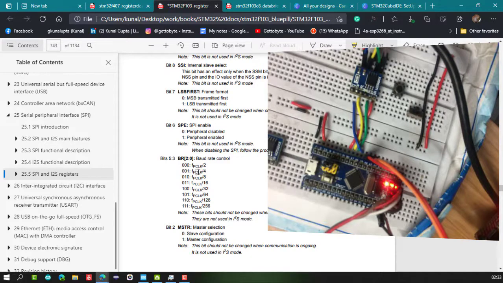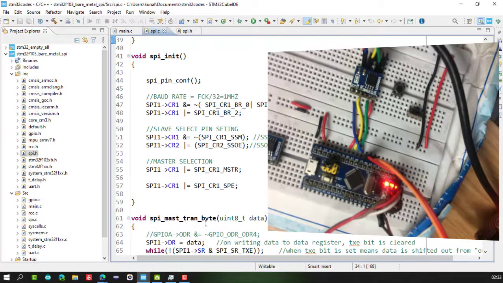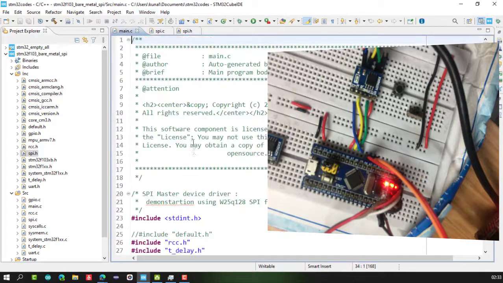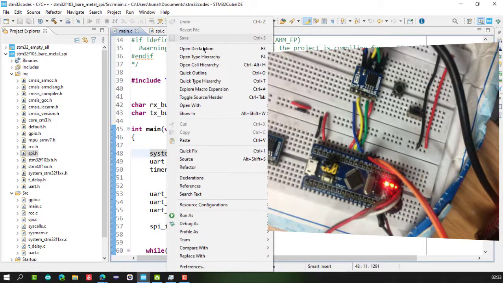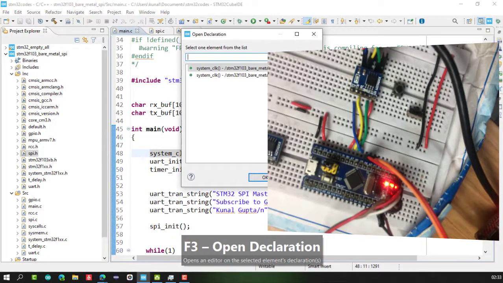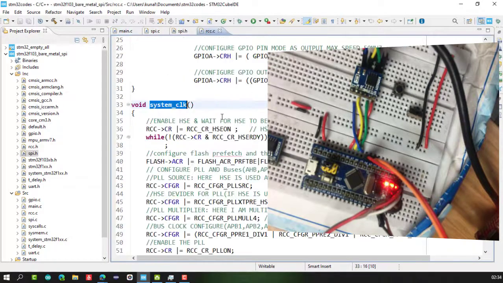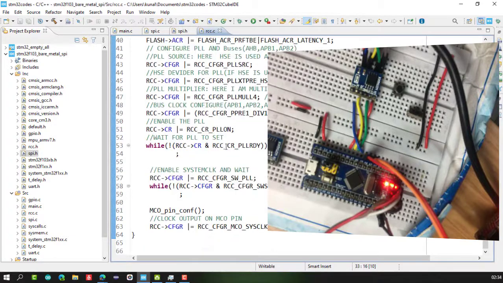Now fPCLK, the default clock frequency which I have configured for all my STM32 codes, you can see in my RCC peripheral video. I have configured it at 32 megahertz.